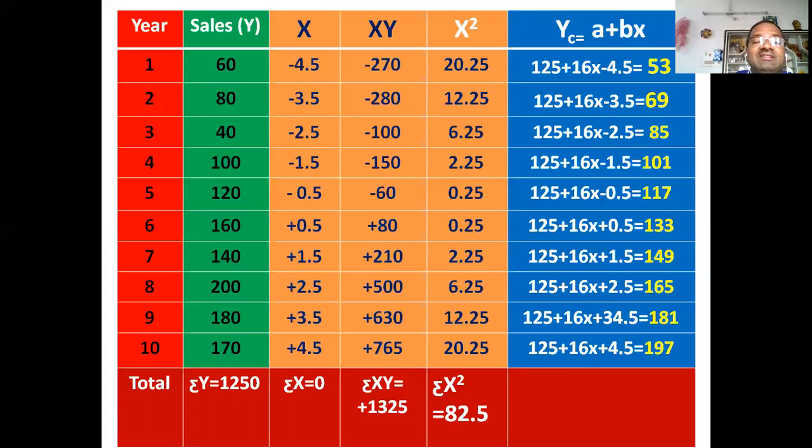As every year is increased by 1, taking 1 here, I can divide it into 2 equal parts. So for the backward, the 5th year I have taken as minus 0.5, and the 6th year I have taken plus 0.5, because once I divide the 1 into equal parts at the origin year, generally the origin year should be 0. To make it 0, this 2-year origin I divided into 2 equal parts, minus 0.5 plus 0.5. So the origin will be 0 again.